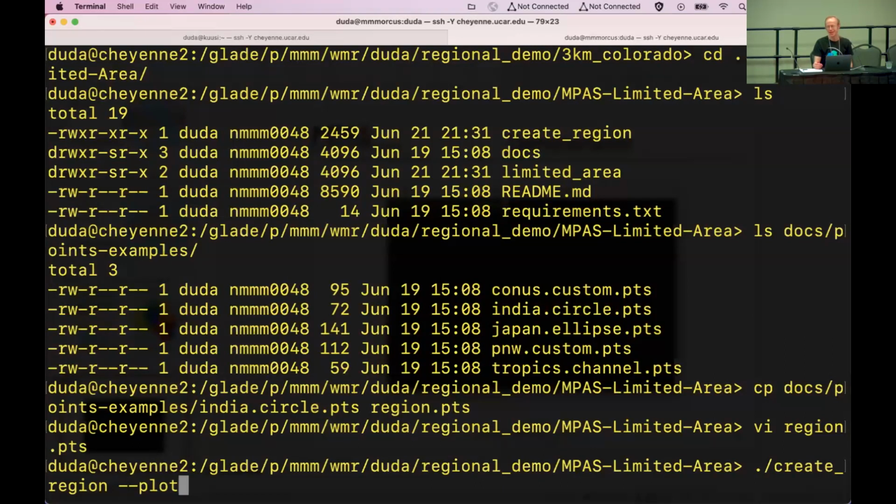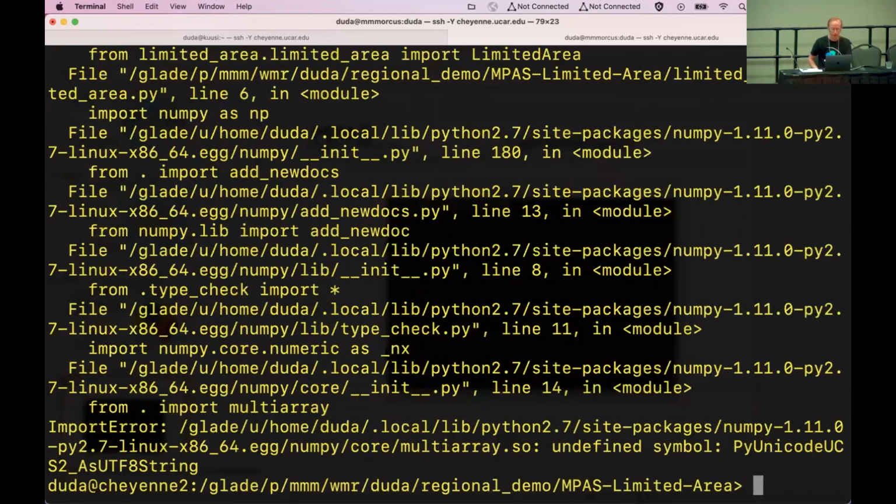So we realized, these demonstrations always put pressure on us as developers. I can't tell people, oh, you have no way of visualizing your domain. So you quickly write some code. So you can say --plot, at any rate, the name of the region definition file. And because this is hacked, but we'll clean it up before we actually commit this to the repository, you still have to give it the name of the global mesh that you're going to be cutting out the region for. You shouldn't have to do that when plotting, but you do right now because this is a hack. So we'll say meshes, no, 3 kilometers. So we're trying to cut out a subset of our colorado.global.grid.nc file. So we run this,